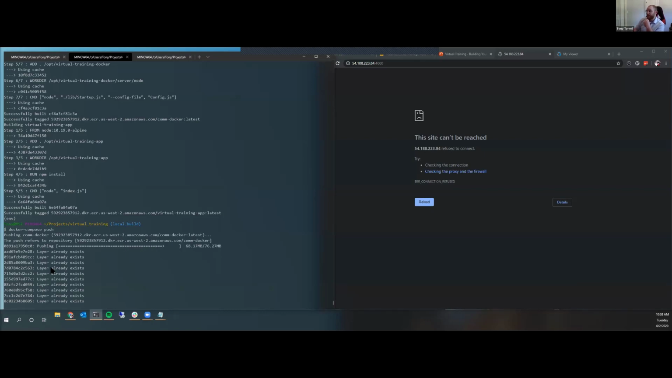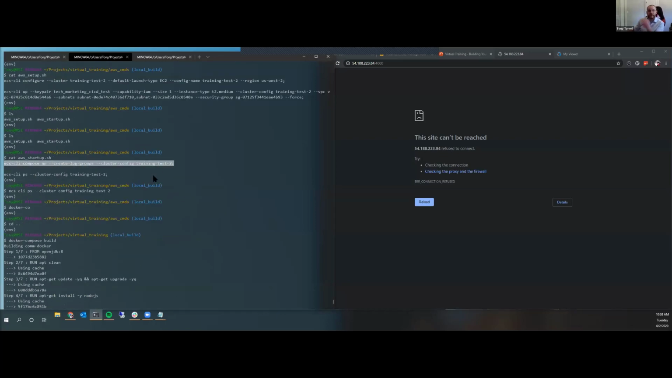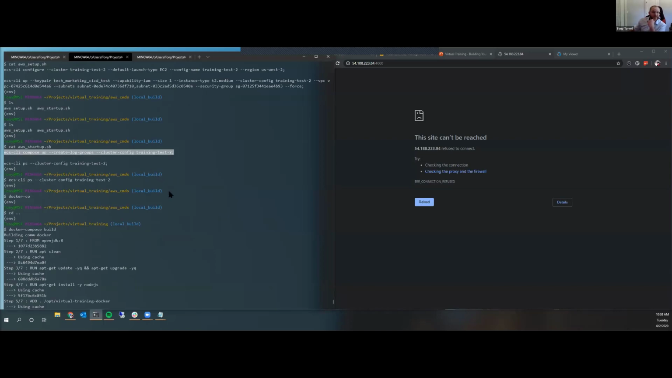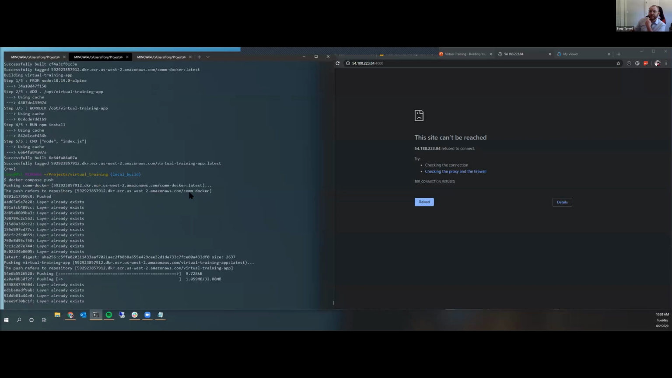builds and pushes, we can basically go back to our startup command, and in theory, we should be able to run it, and we should be able to see these containers launched in our AWS account. In the meantime, while that's pushing,